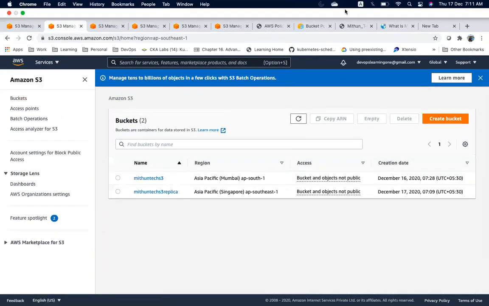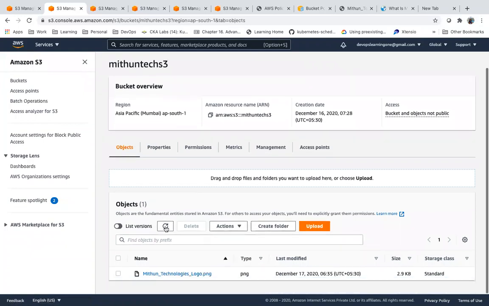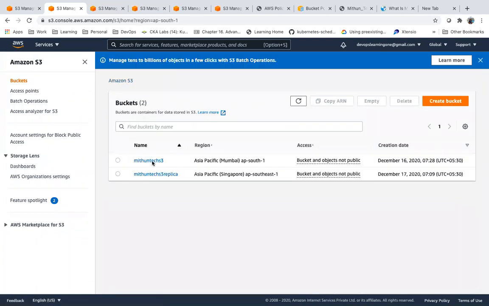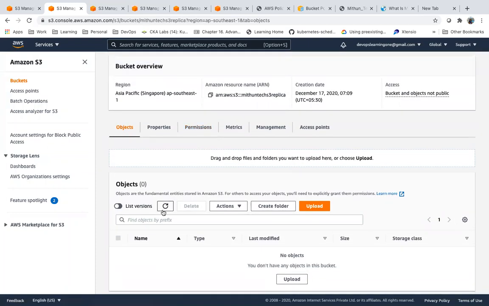But if you observe, in my source bucket I already have one object. Why is it not replicated in the destination?